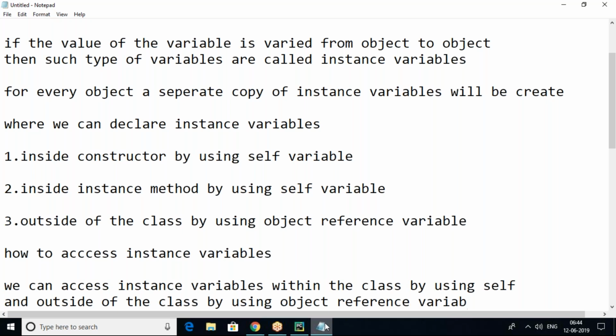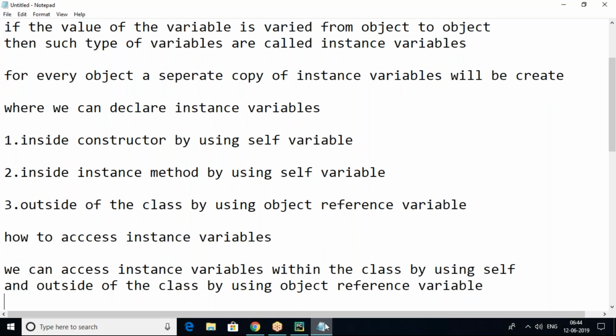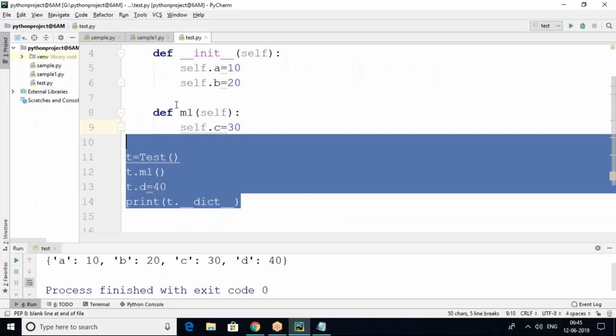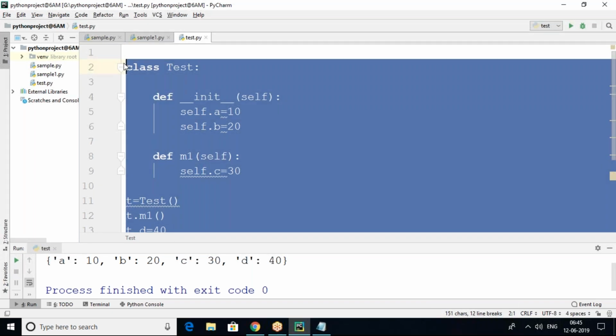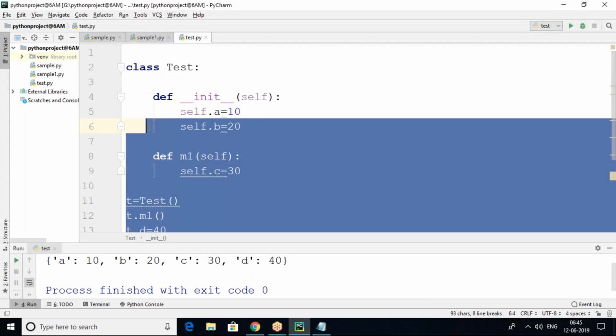So how to access instance variables? Within the class by using the self variable, outside of the class by using the object reference variable. For example, let us consider here